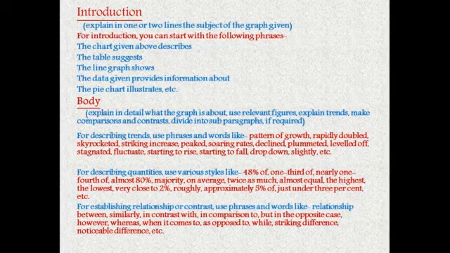For describing quantities, use these various styles: 48% off, 1/3 off, nearly 1/4 off, almost 80%, majority, an average, twice as much, almost equal, the highest, the lowest, very close to 2%, roughly, approximately 5% off, just under 3%, etc. So when you read or study the line graph, the bar graph or the table, whatever is given in the question, study it well and use these words and phrases to make your paragraph impressive.